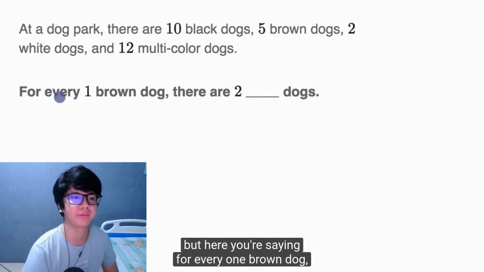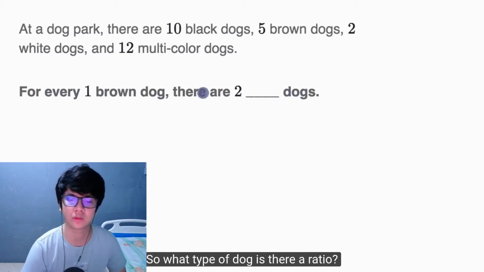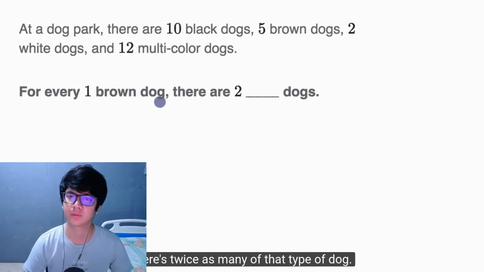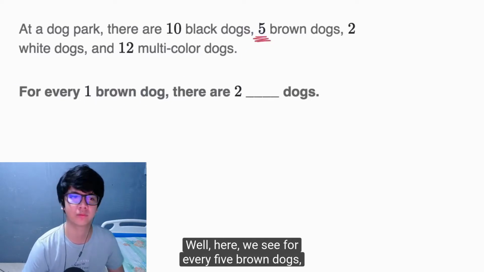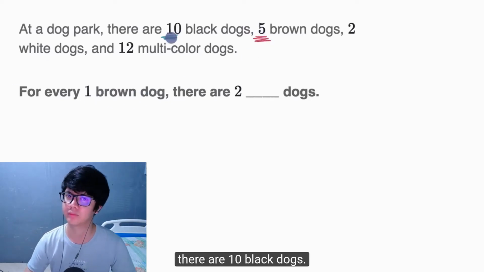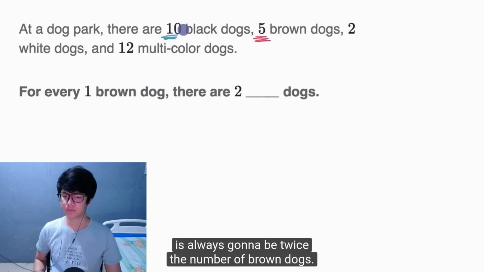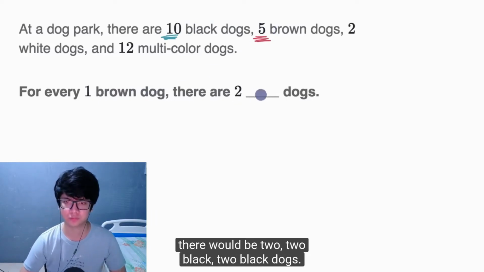But here you're saying that for every 1 brown dog, there are 2 blank dogs. So what type of dog is there a ratio? For every brown dog, there's twice as many of that type of dog. Well, here we see for every 5 brown dogs, there are 10 black dogs. So one way to think about it, the number of black dogs is always going to be twice the number of brown dogs. So for every 1 brown dog, there would be two